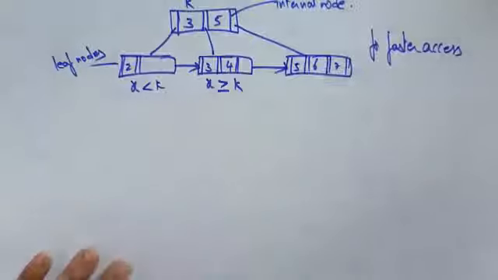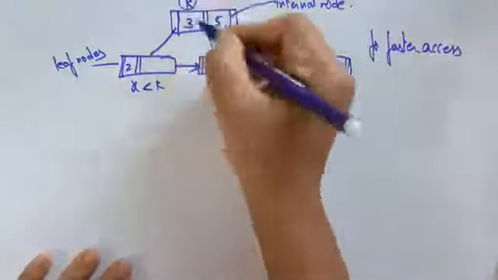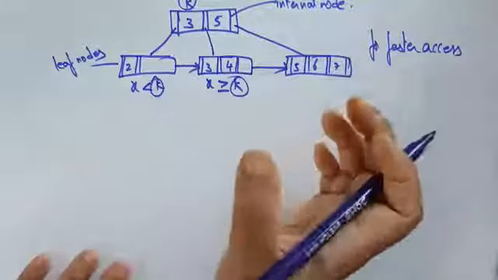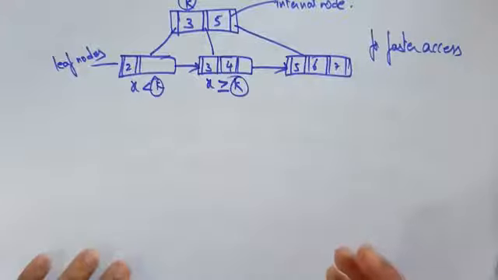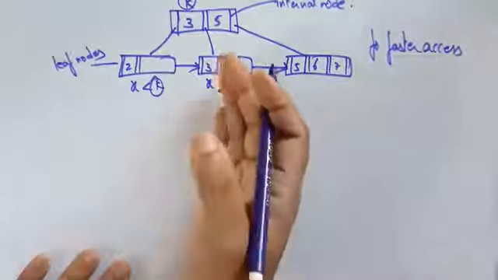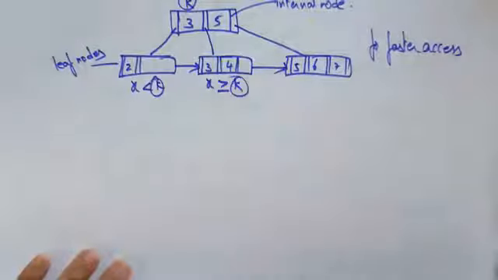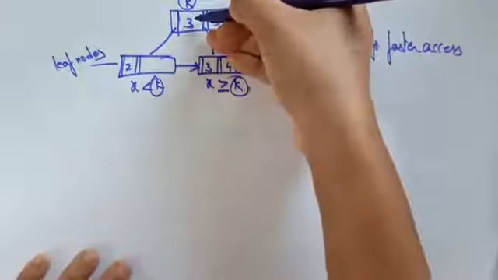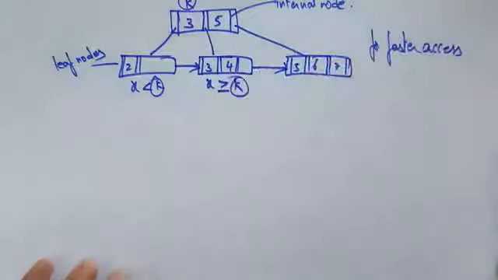The keys are used for direct search to the proper leaf. Why are we using these key values? The key values are used for direct search. Rather than searching for each and every element, with the help of the key we can directly go to that particular internal node, and from that internal node we can easily find the leaf node. So this is exactly the concept of B plus trees.